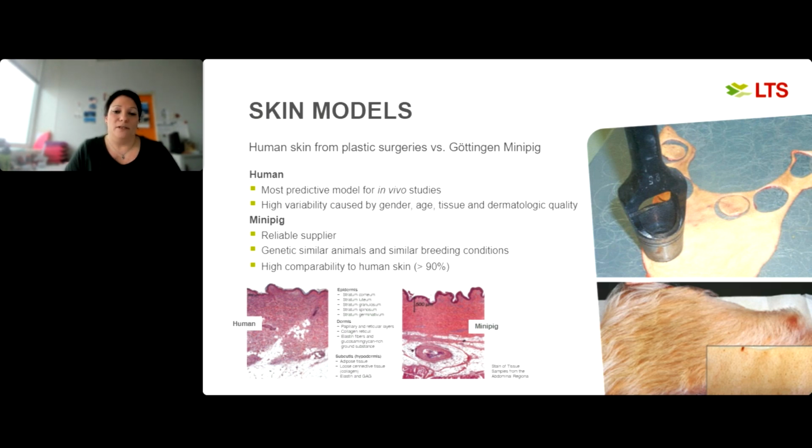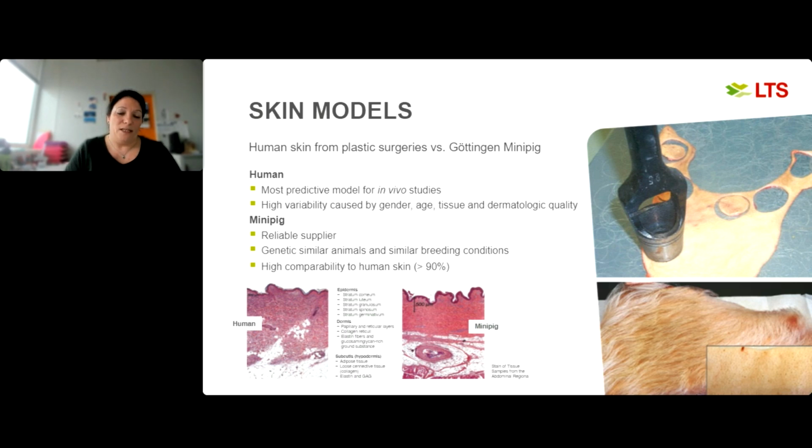But you also have the disadvantage that you might have a high variability from donor to donor, because there is a difference caused by the gender, age, tissue, and dermatological quality of the skin. And so you have to set a reference at some time point, and you have to mix up your donors at the end. So it's good to know what your value or ranking of permeability is from donor to donor. So setting a reference in the beginning is the best way to